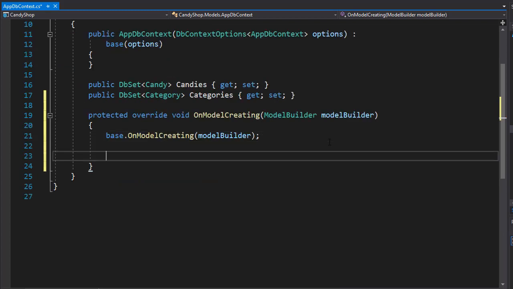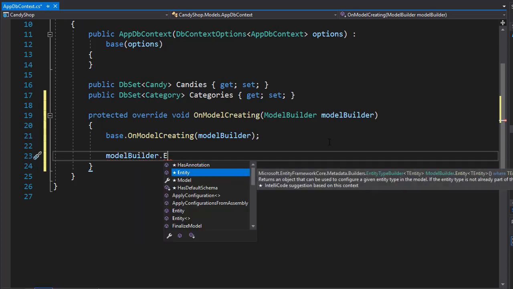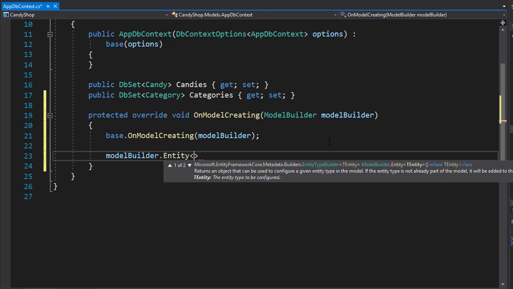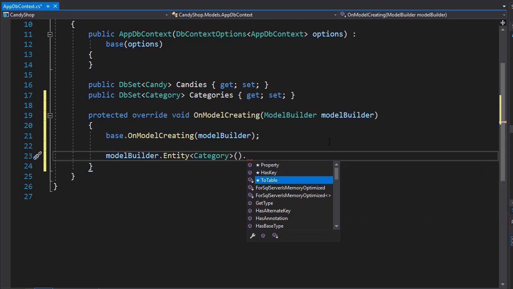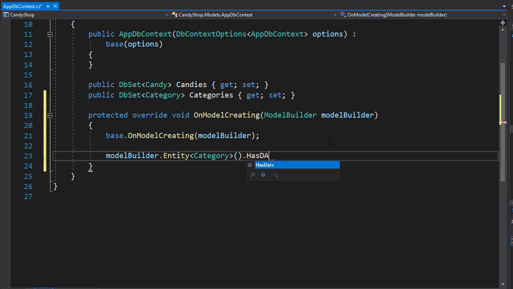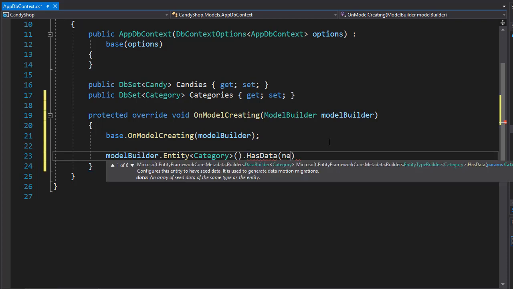And now we can start using the modelBuilder and add the data for, let's say, our categories first. To use it, we'll use modelBuilder dot, and we'll go to our entity, and in this case we want the Category entity, so that's the DbSet, and we want to specify that we want to add data, so we will specify HasData. This configures the entity to have seed data, and that's what we want. We want to seed the entity with our own data. So let's create a category,